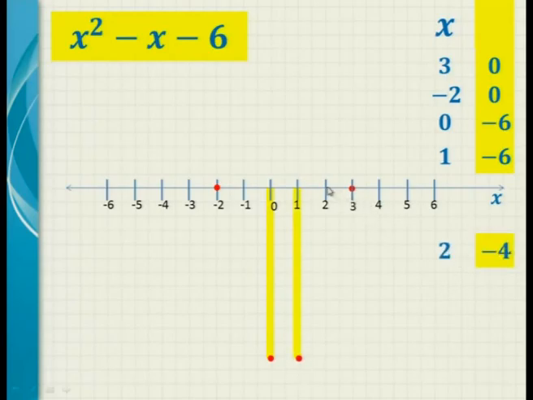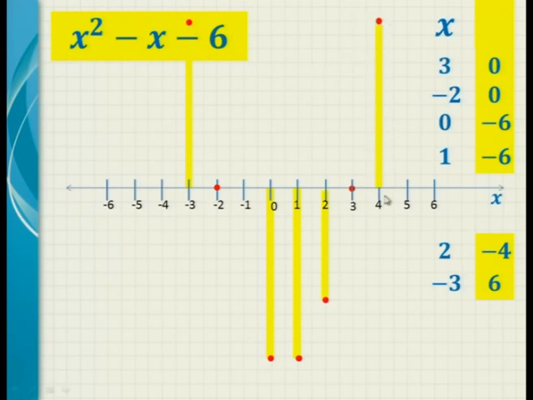Let's take another one, 2. 2 squared is 4, minus 2. 4 minus 2 is 2, minus 6 is minus 4. So 2 gives me a value of minus 4, somewhere here. Okay? So now I'm getting different values for the yellow box for different values of x. I can take another one. Let's take minus 3. Minus 3 will give me 6. You can work it out for yourself if you're not sure. 6 is somewhere up there.